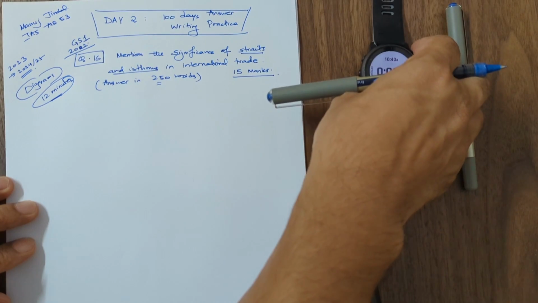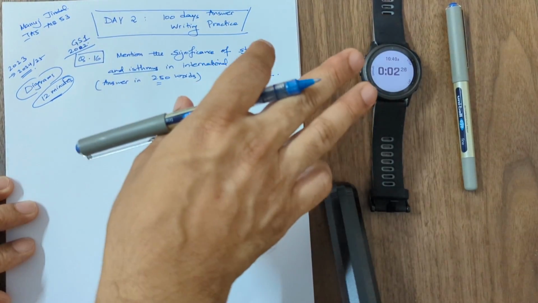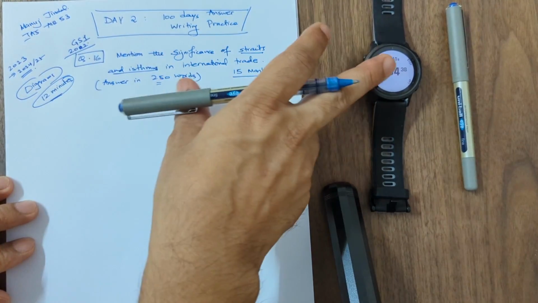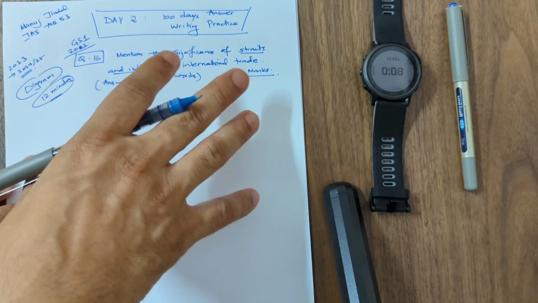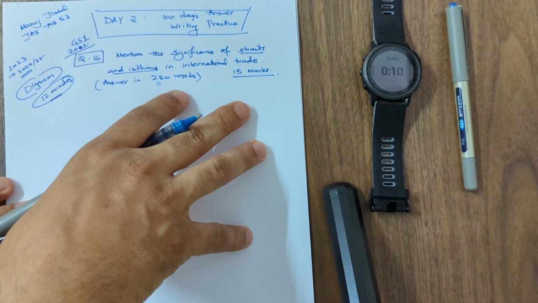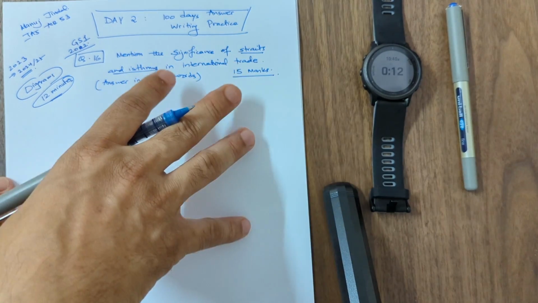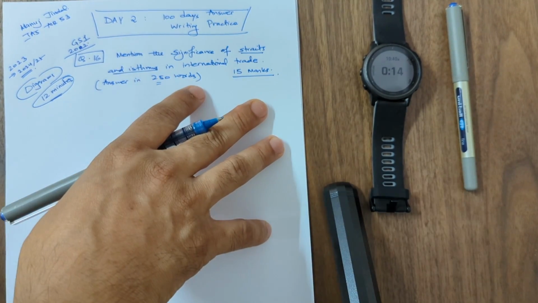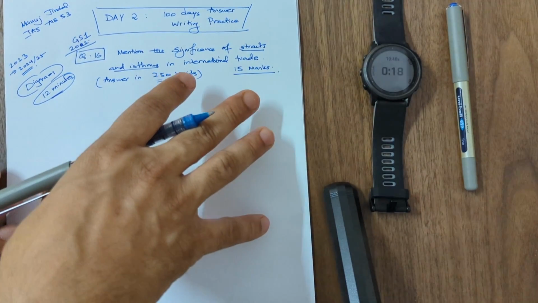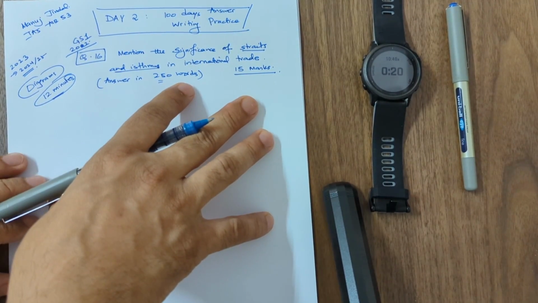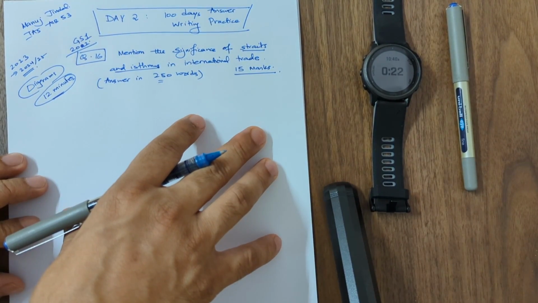I will start the timer just as a reference. I am going to explain also, so please don't stick to the timer, but this is just for your practice. All right, so pause the video, start. You have around 11 and a half to 12 minutes to answer this question, and afterwards you can come back and check. In the meanwhile, for those who are not writing, I will start answer writing and show you how you can answer this particular question.